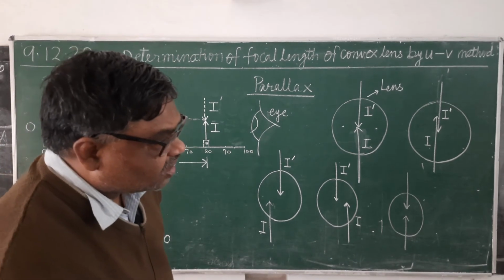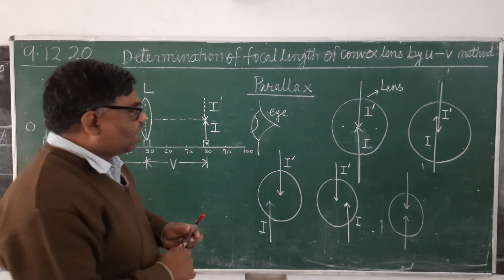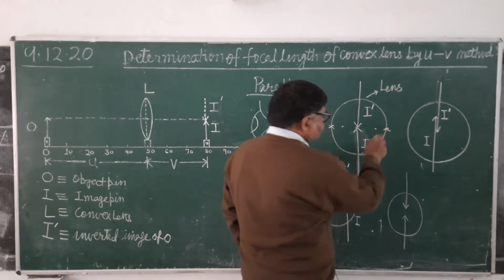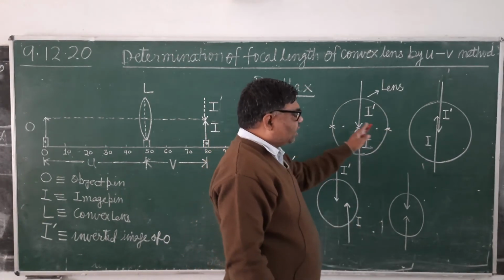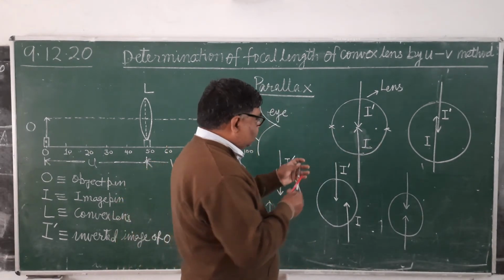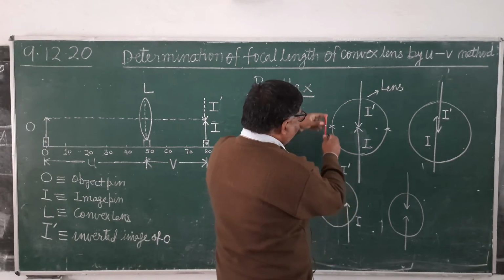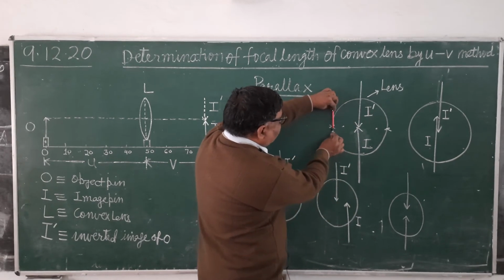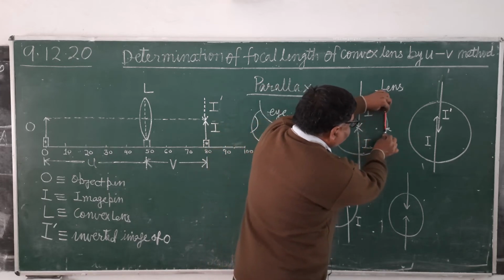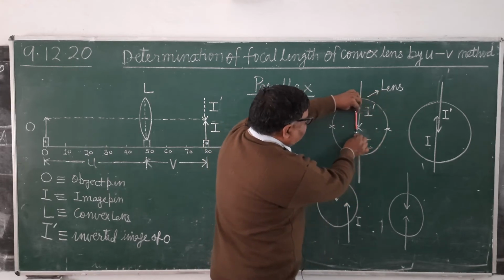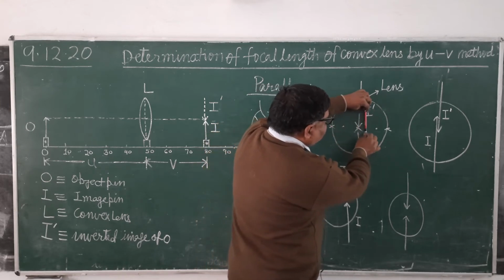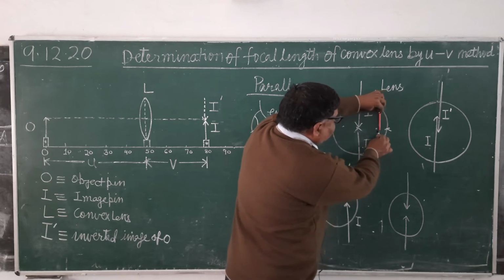Removing the parallax का meaning क्या है कि हम अपनी line of sight को यहाँ से यहाँ तक ले जाएं, from this end of the lens to this end of the lens. This should be in this way. ये क्या होना चाहिए? Everywhere there should be the tip to tip contact. There should be no separation. कहीं भी कोई separation ना हो. It's clear? Then we say that the parallax has been removed.